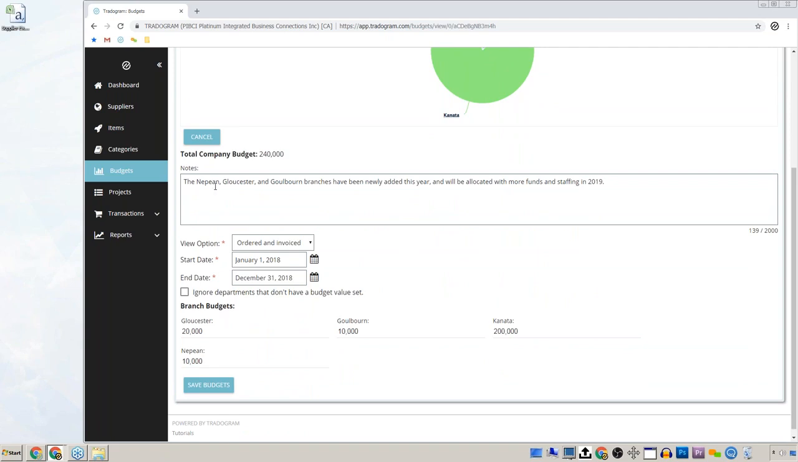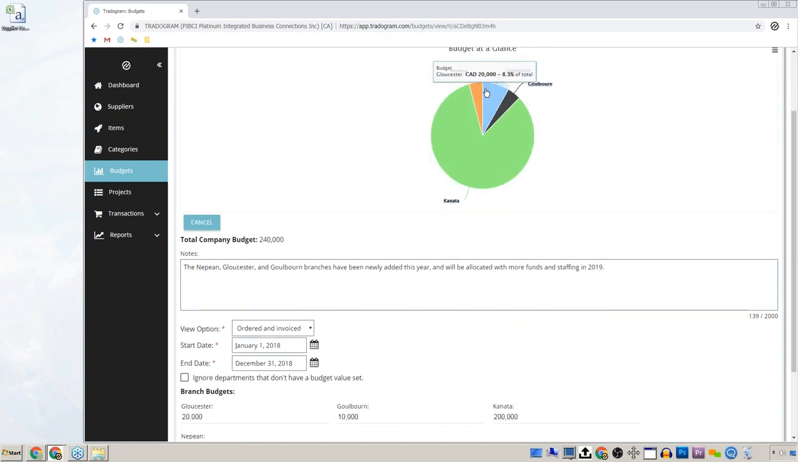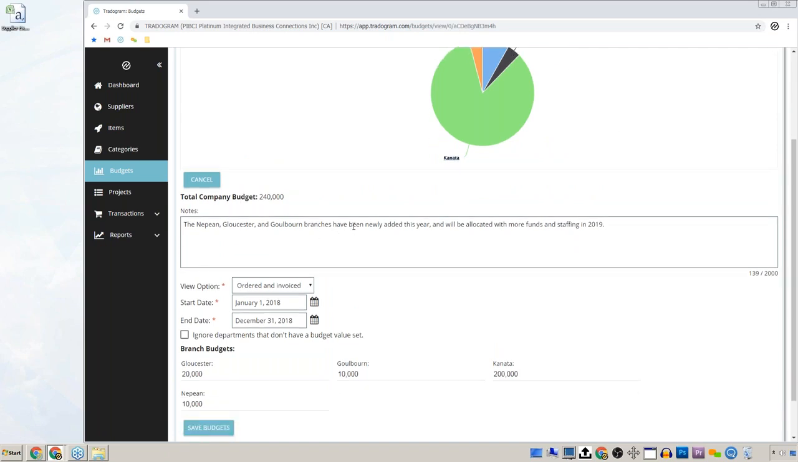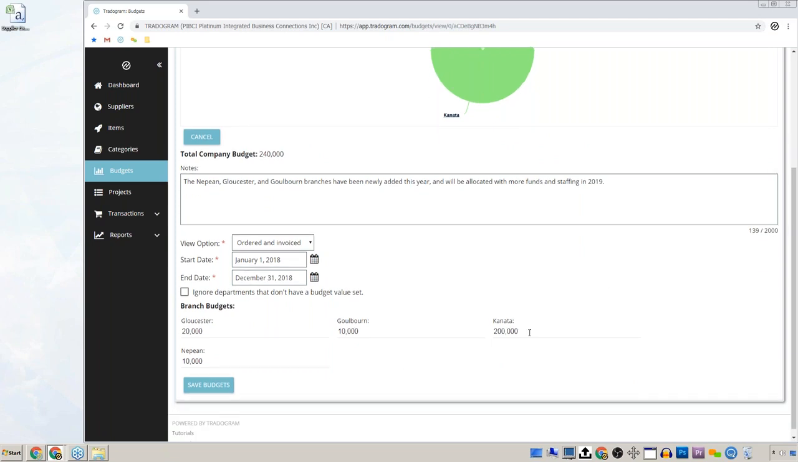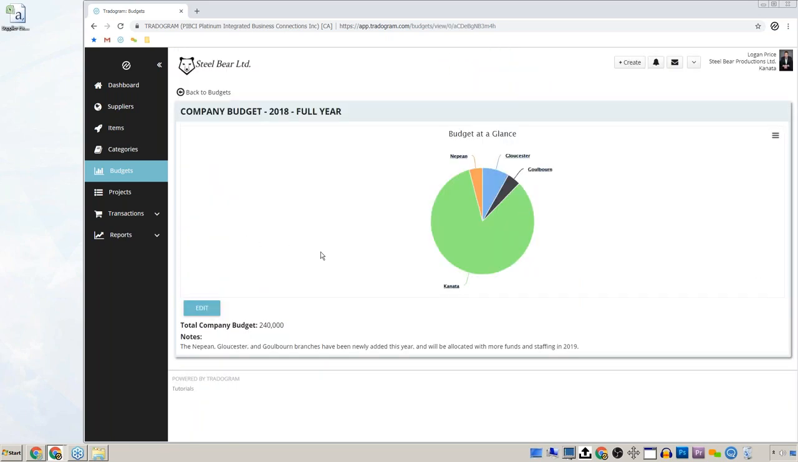And we've also got a note here so we can see that these other branches that don't have a lot of funds allocated to them have been newly added this year, and they will be allocated with more funds and staffing in 2019. So we can see that most of our budget is allocated to this Canada branch in this particular example. If we cancel out of that and we click on one of our branches, we're going to see a breakdown for that branch's